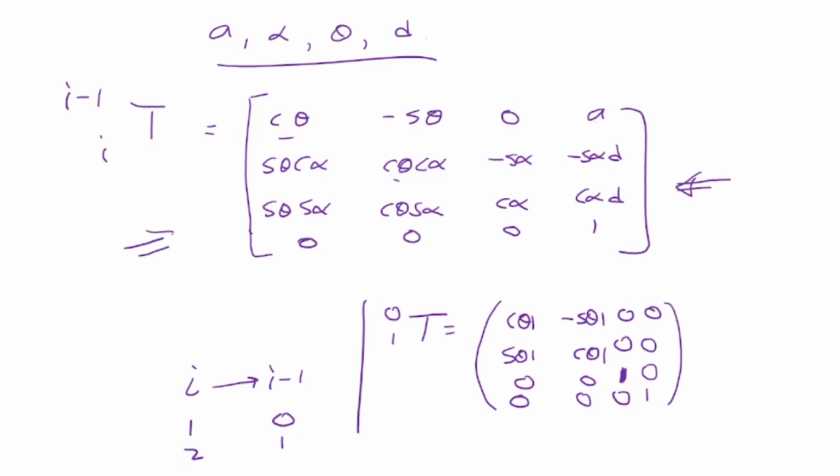I hope you understood where I got this matrix from. There are 4 transformations. If I multiply all the corresponding matrices, what I'll get is this generalized matrix, which contains those 4 parameters only. Let's proceed and come back to the very simple case of the 3-link manipulator. So this is a 3R, 3 degree of freedom manipulator.